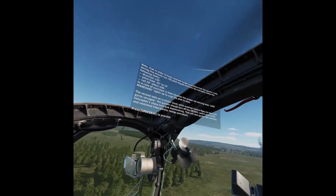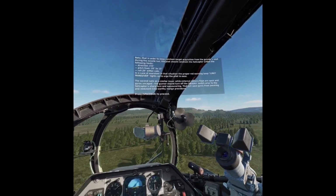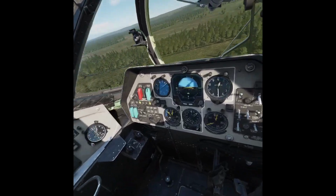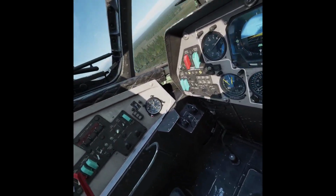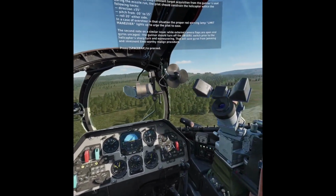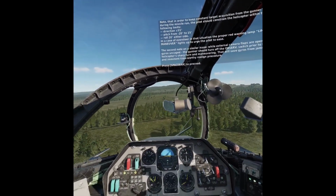Note that in order to keep constant target acquisition from the gunner's seat during the missile run, the pilot should constrain the helicopter within the following limits. Direction, plus minus 55 degrees. Pitch from minus 20 to 15. Roll 20 degrees either side. In the case of oversteer in that situation, the red warning lamp, limit maneuver, lights up to urge the